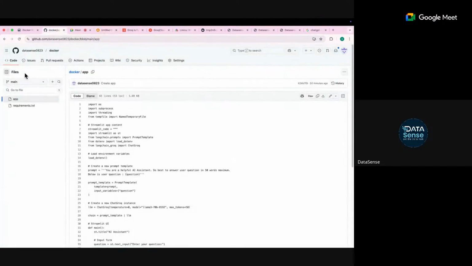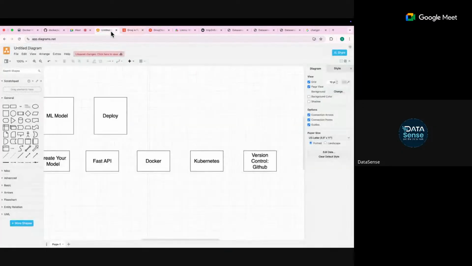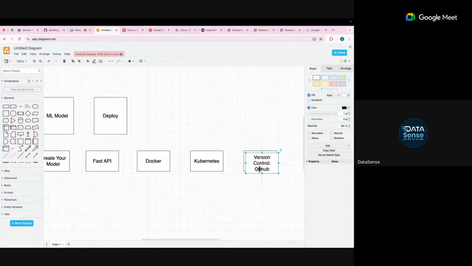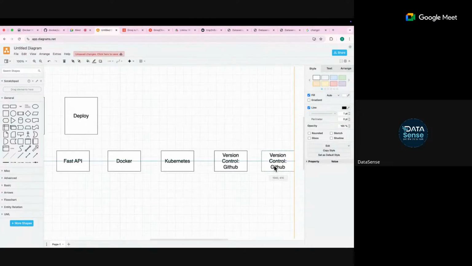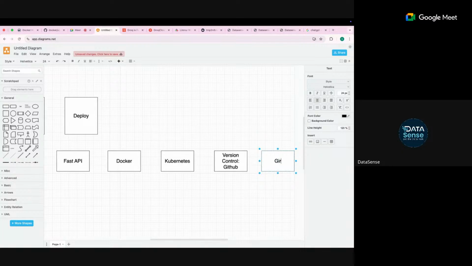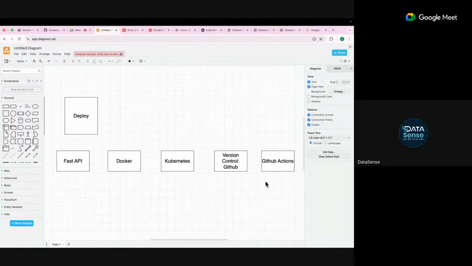Like you would have seen this, right? There is a main branch. You can keep on adding branches and tags. So this all comes under GitHub. Once you're done with this, you will study GitHub Actions. So this is also part of version control, but it is for better deployment. It is called GitHub Actions. Okay, so these are the major steps.